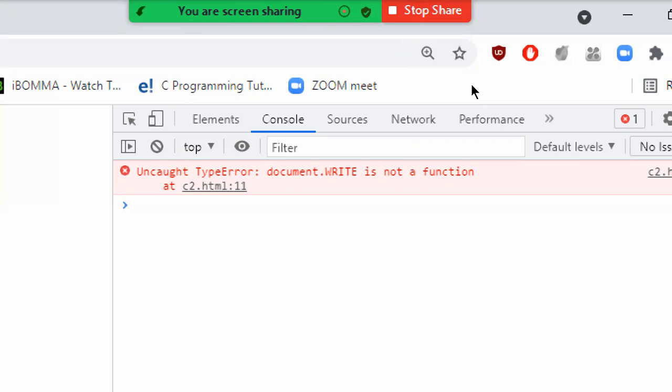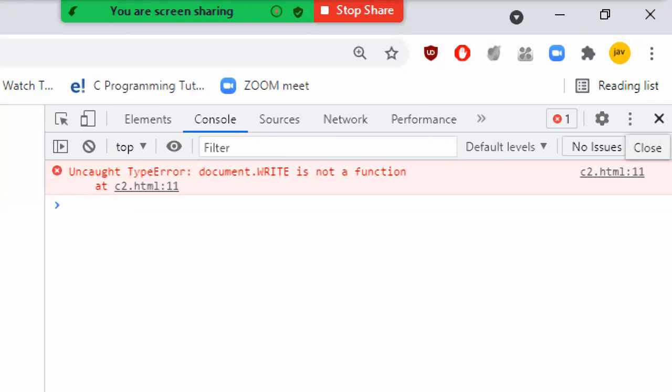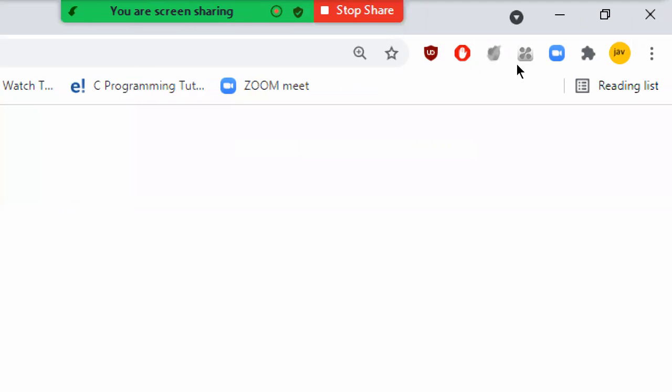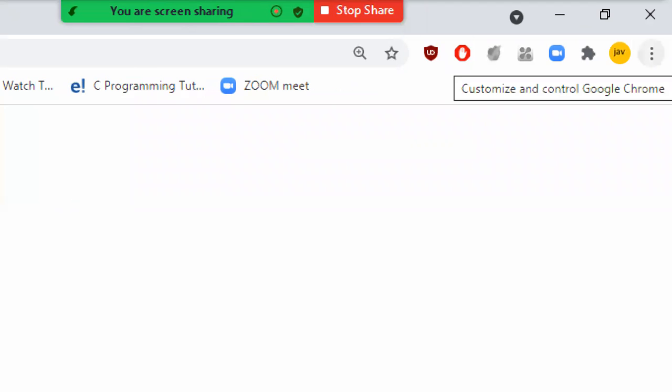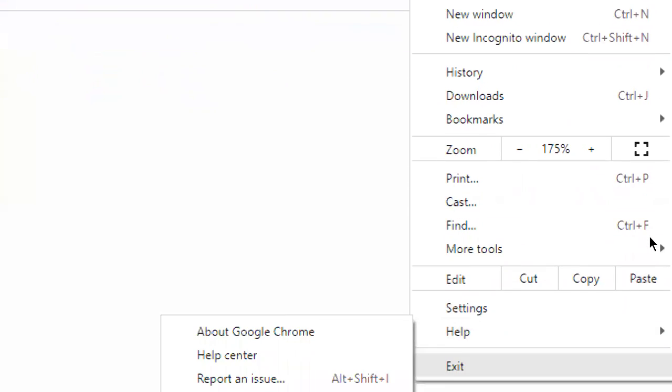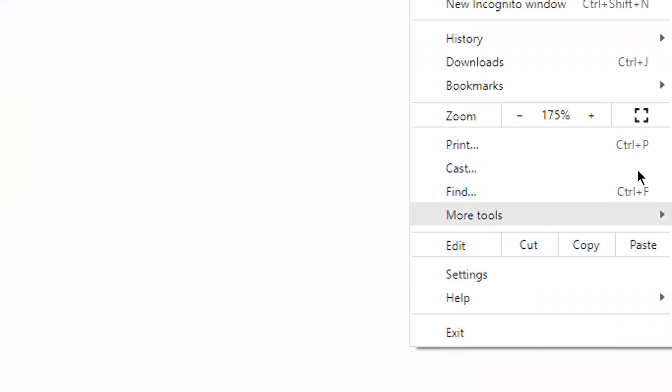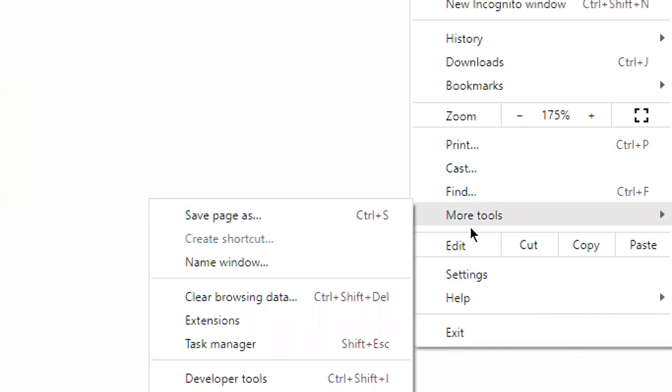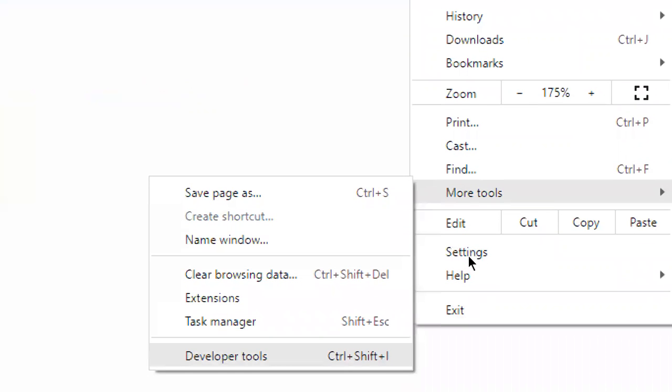Okay, I'll explain once again. You just need to remember how we are going to debug your script. I'm going to use this three dot symbol, which is called a menu, and inside it I use the developer tools. You go to More tools, and in More tools we get Developer tools. Now remember this: there is also Control Shift J.